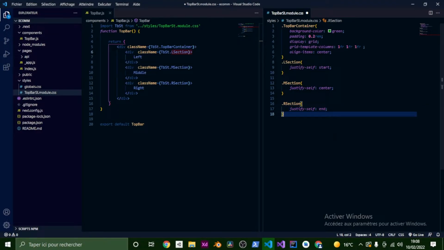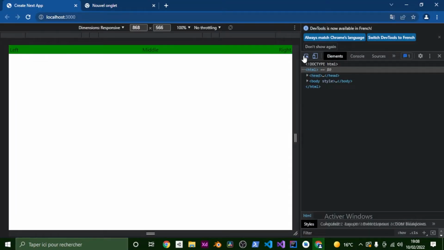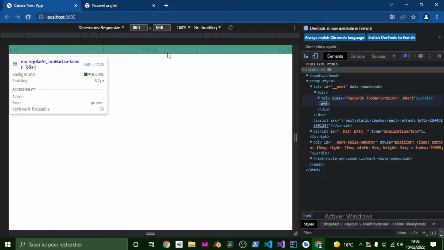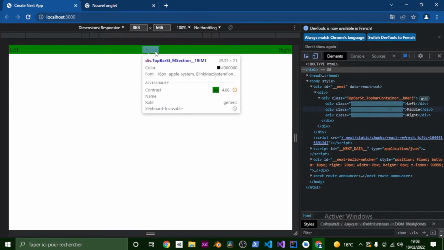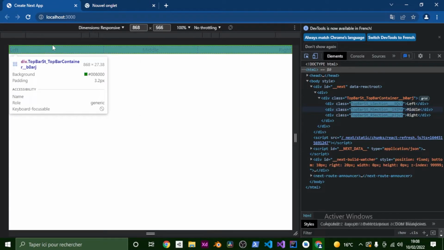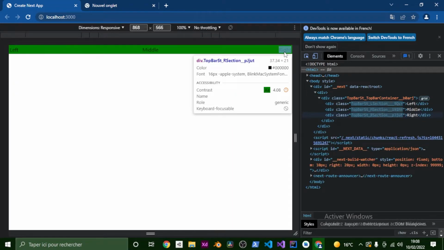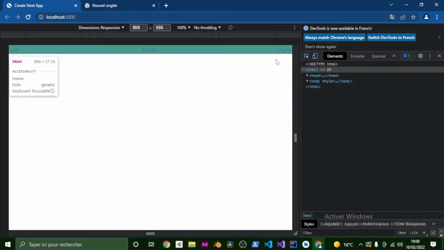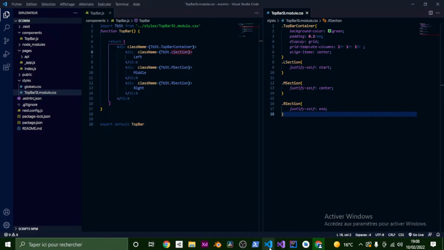If I save this and choose my tool right here, you can see that the middle has now snapped to the middle of its own section. The left has just stayed in the start, and the right text has jumped to the end of its section. So we have a basic structure. Now we can go ahead and get rid of our placeholders. Get rid of them, and instead,